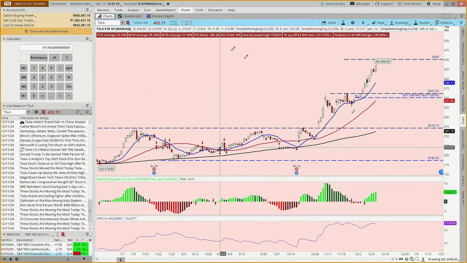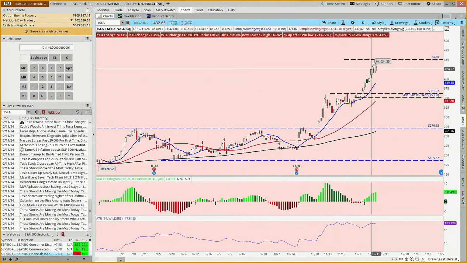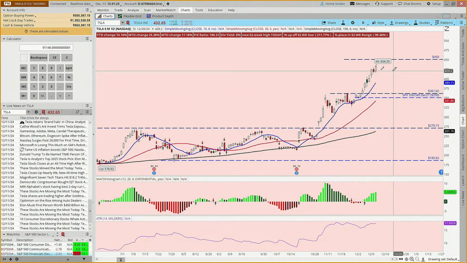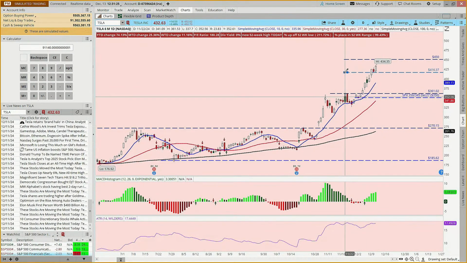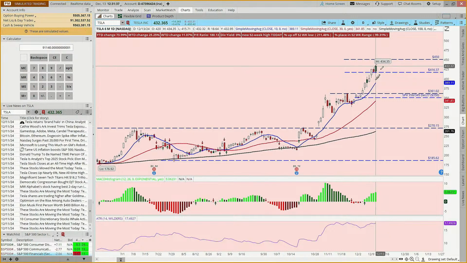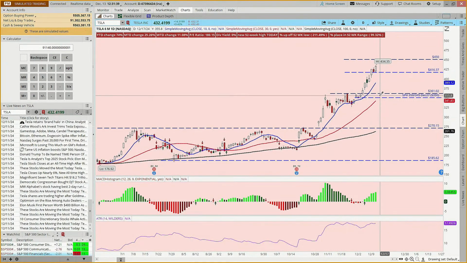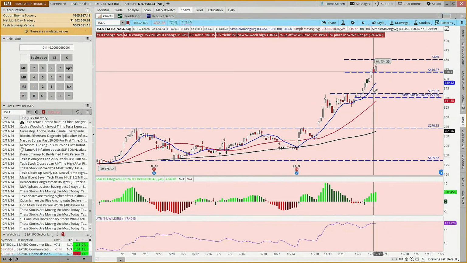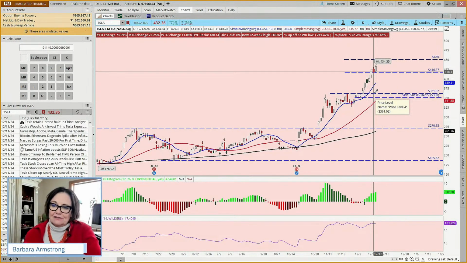Well, you could. But I looked at it like, what's the latest support level? Now, some would say, Barb, you're going too far back. I consider this to be the support level. You can consider it to be whatever you want. I'm picking 360, but you can pick whatever you want. Because if it came back down here, I'd be okay with buying another 100 shares.